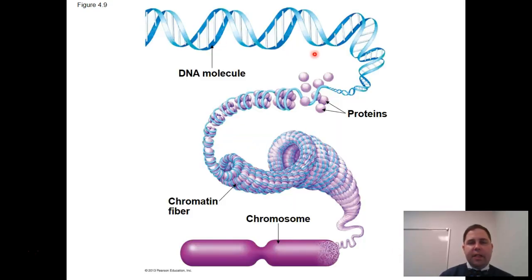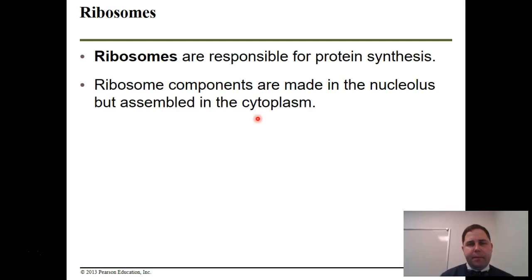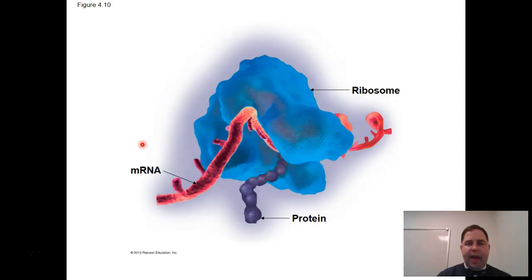There's an example of DNA being packed up with proteins into chromatin, and you can see it's just like spaghetti being wrapped around a fork. And then when those messenger RNAs, which are nucleic acids, leave the nucleus, they will go to a ribosome to be made into a protein. So ribosomes, like I said, are made in the nucleolus, and they are assembled in the cytoplasm. And in the cytoplasm, they basically read a piece of nucleic acid and turn it into a protein. We will spend an entire unit talking about how this process works.